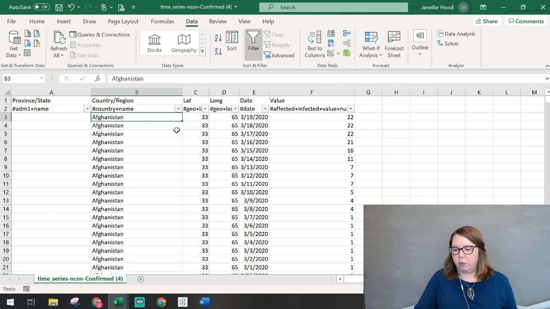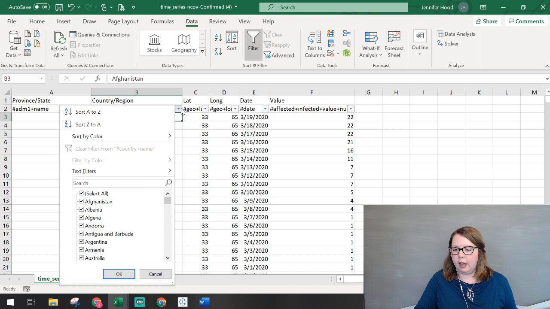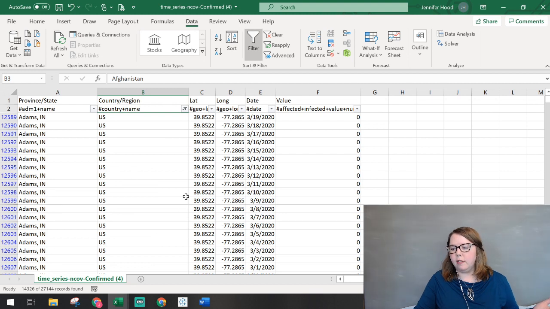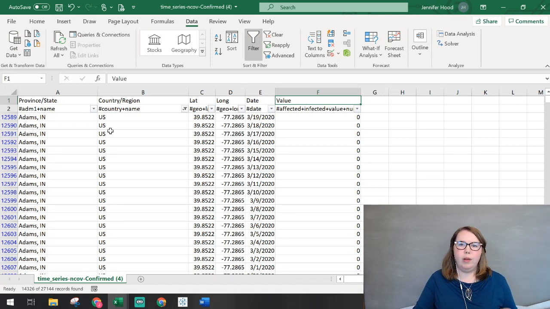So I'm looking specifically at US data, and we've got country, region, province, state. I'm going to go in here and select the US to look at. And you'll notice all of the files have the same fields. We've got the province, state, country, region, latitude, longitude, date, and value, or the number affected. So in this case, confirmed, and then in the other, recovered and deaths. What you'll notice the moment I sort on US is we don't just have the state, we have a city or a county in a lot of cases.